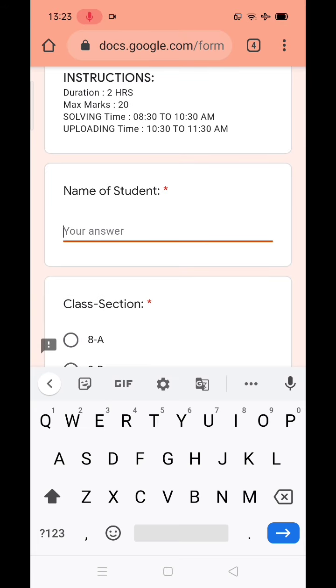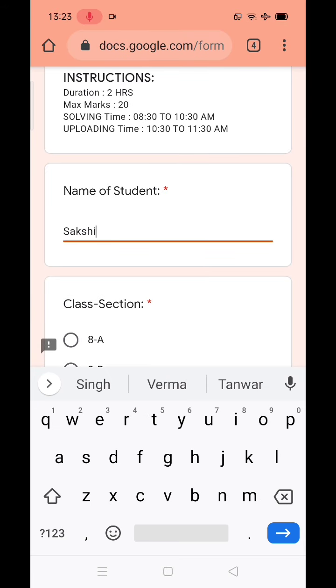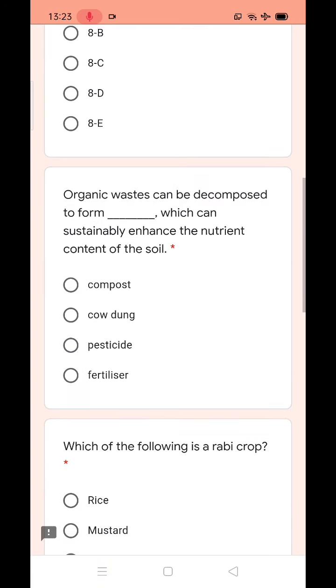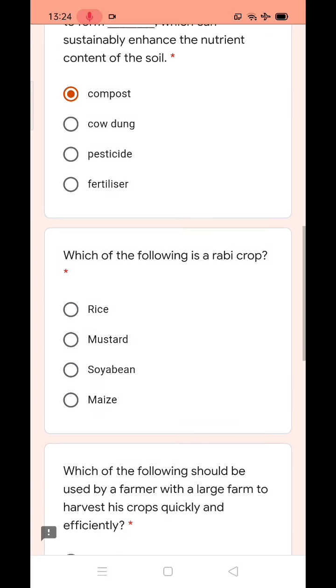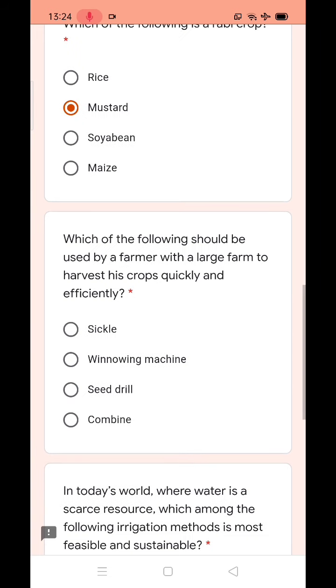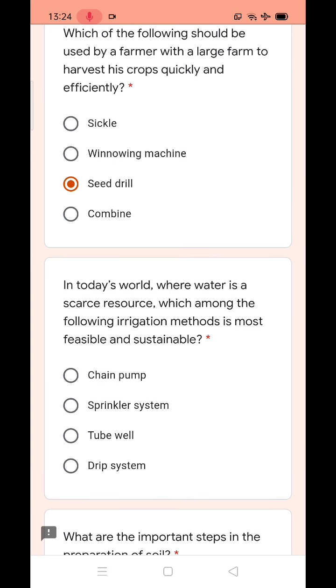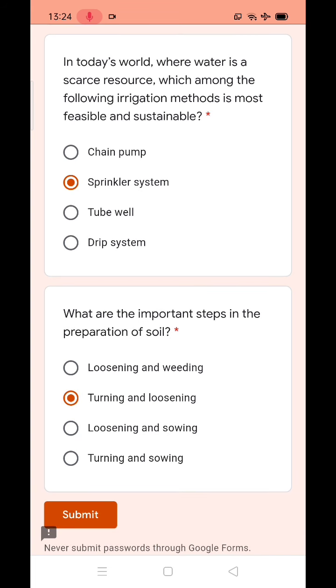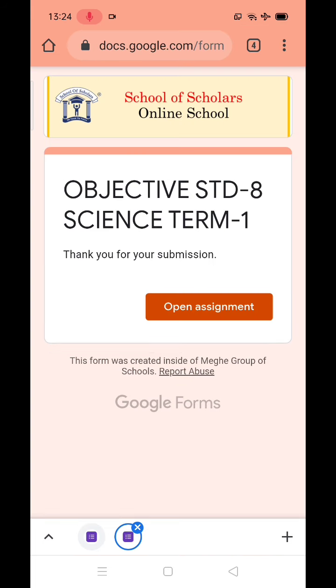Here you need to write down the name followed by class and section, and then you need to solve the objective paper and click on submit button.